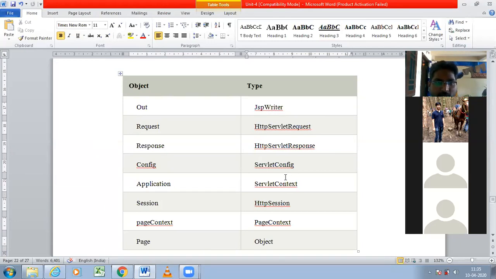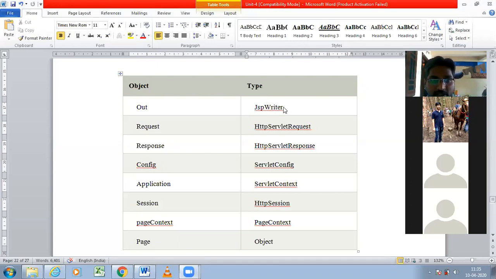So we have different objects in JSP, like out is one object, request is one object, response is one object. For JSP programs and for servlet programs, we have used some objects like out.println, request.getMethod. We have used request and response by using HTTP servlets. Now here we can see what the JSP implicit objects are, what the different objects you can create in JSP, so what are the different available objects here?